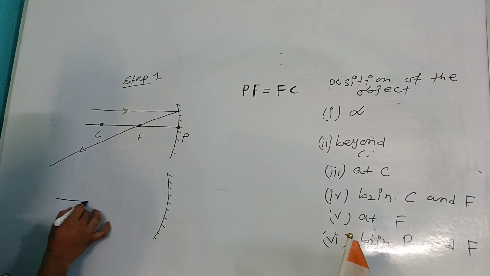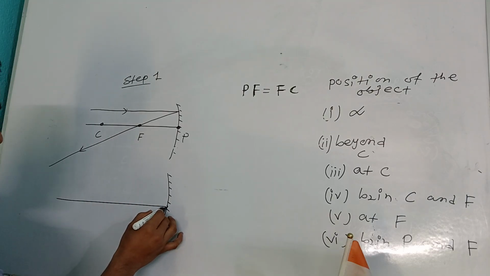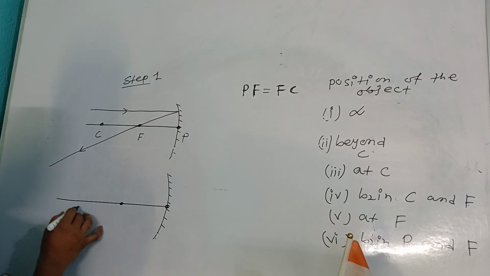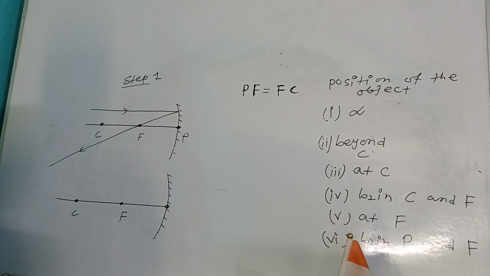Next one, again the principal axis. This is the pole. Again this is a focus and it is the center of curvature. So this is F, it is C. Next one, when